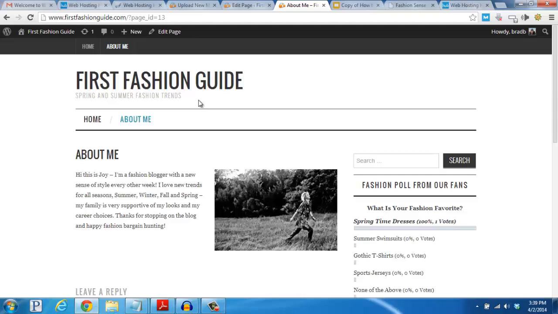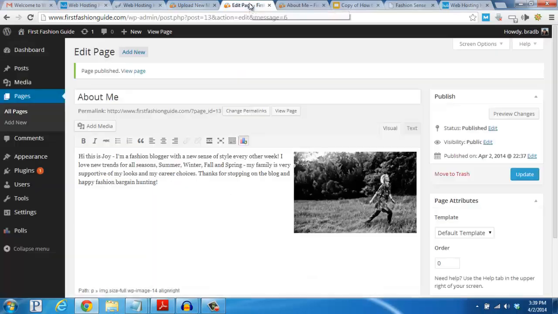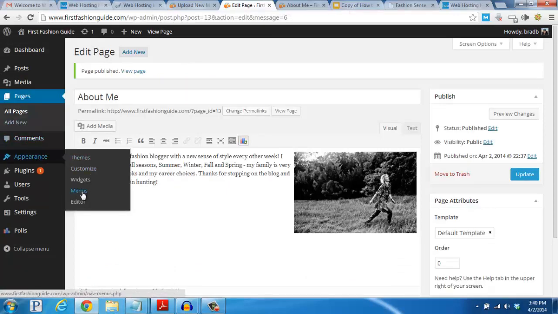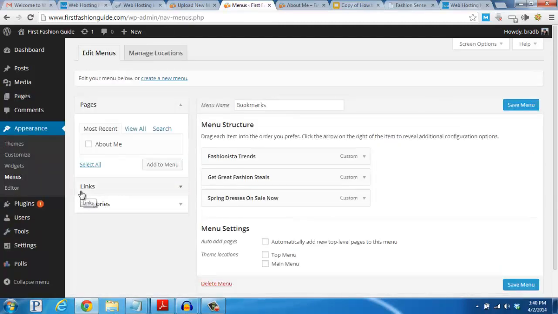Something else to take a look at here is, for this theme, we basically have two separate menu sections. So it's a little redundant. If you see here, there's Home and About Me, and then up top here, there's also Home and About Me. What I'd like to do is just use this top navigation bar. So if we click back to the dashboard section, and we go to the Appearance tab, hover over it, and then click on Menus, what I'm going to do is add a blank menu. So there's a link up here that says Create a New Menu. I'm going to click there,